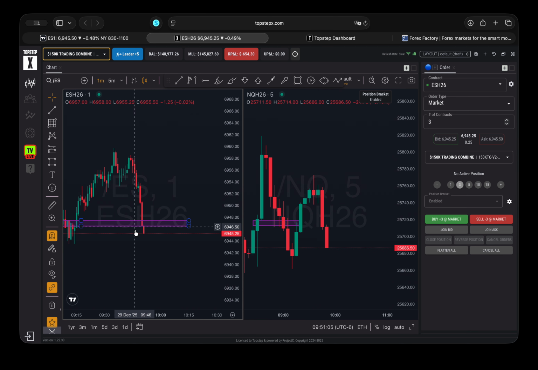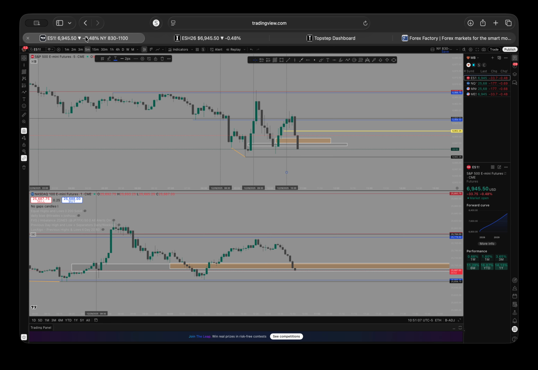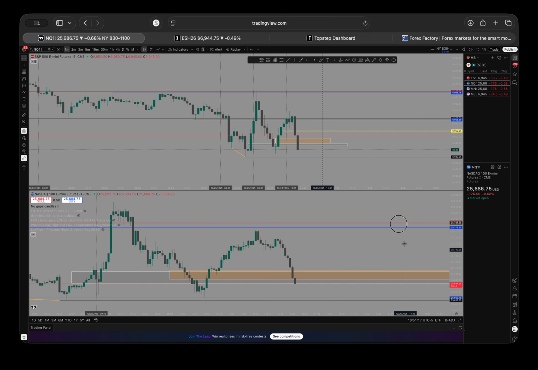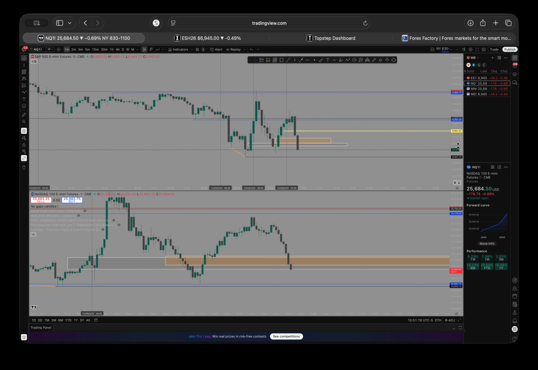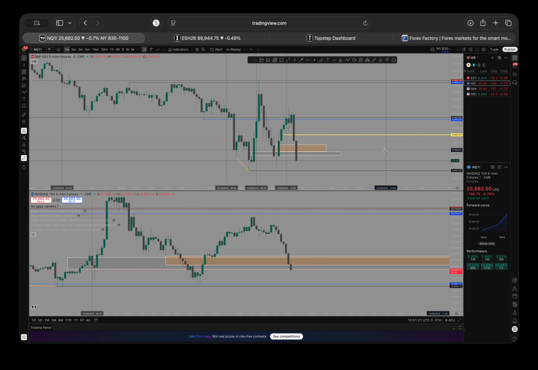Oh, look at it. What? It's really going beyond the fair value gap here and this fair value gap there. That's crazy. Price will always do what it needs to do. You just want to be in control of what you put in, so that you don't over risk. But yep, let's see what